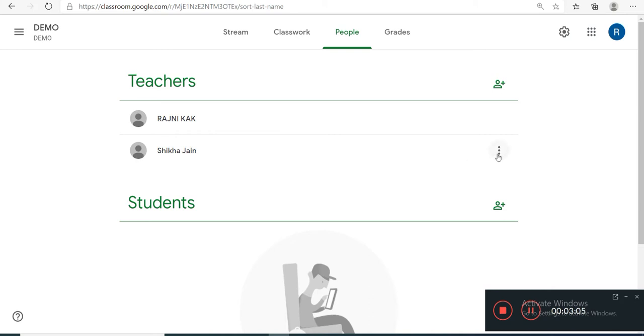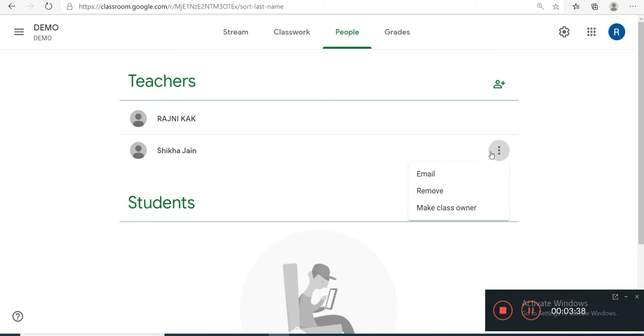Now he will get the option to remove you. He can make you class owner back, but he will get the option to remove you. If you are transferring or retiring, you will transfer the ownership of your class to another person. The other person will first receive the invitation to teach the class. Then you will get the option to make him or her class owner, and when he or she accepts that invitation, he or she will become the class owner, and will get the option to remove you.